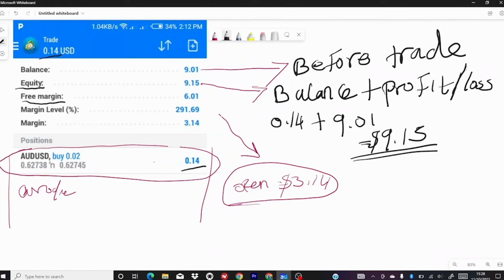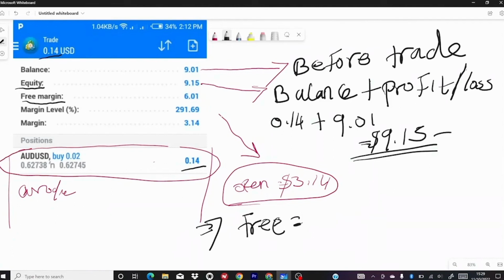To get the free margin that is left for you,